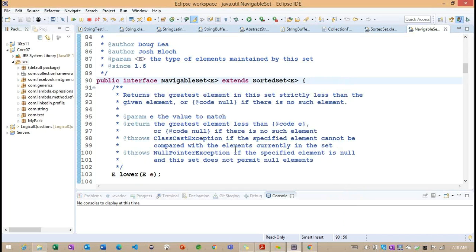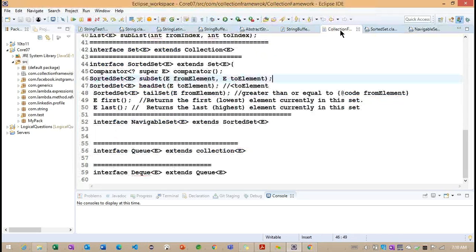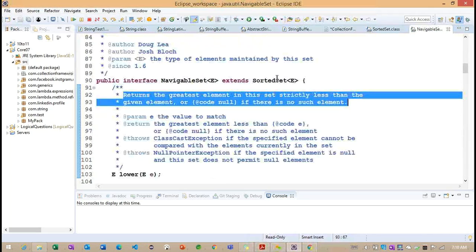Okay, back to our example. We are trying to discuss this method called the lower method. Now we identify the condition here. This condition is very important, because if we understand it, we can see how this method is implemented.